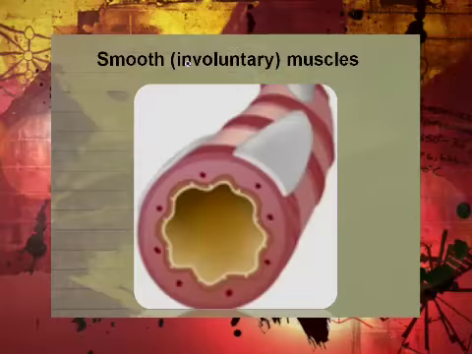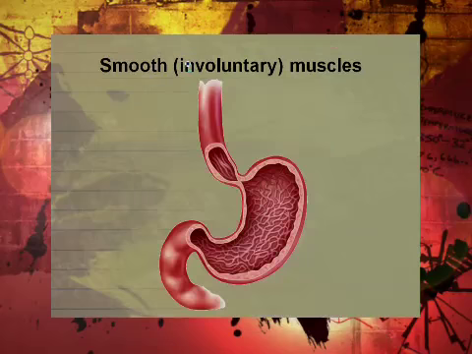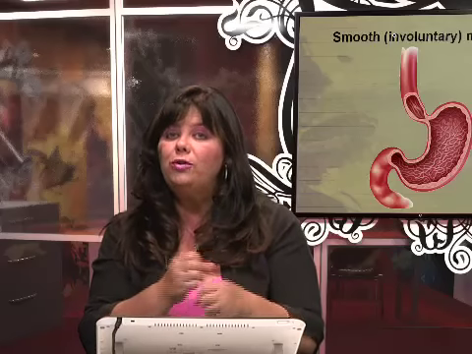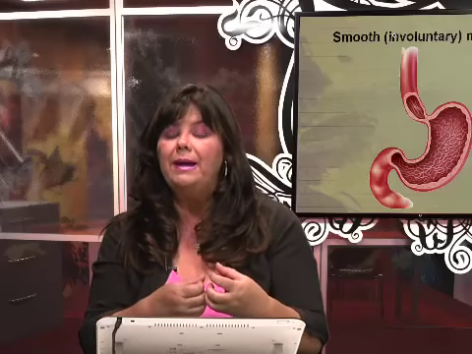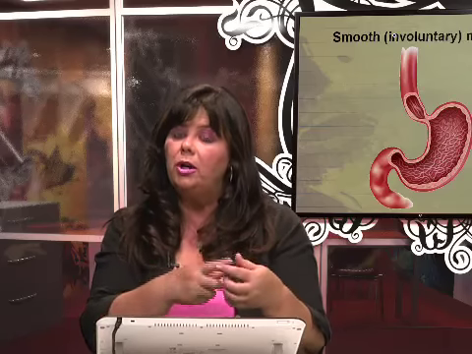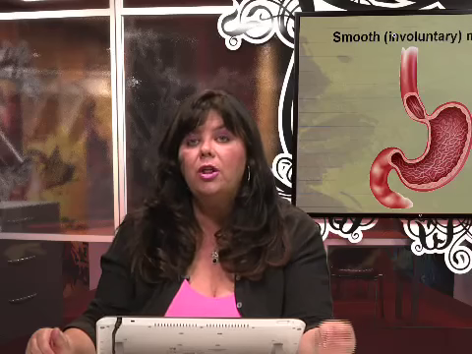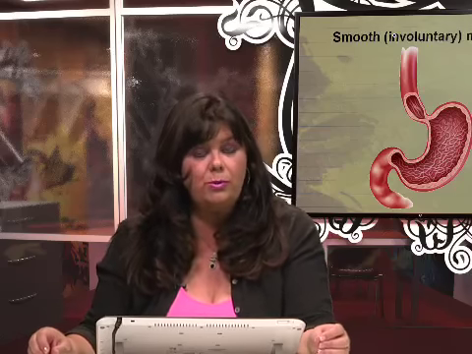And so if you look at a blood vessel, if you look at the muscles that are involved in pushing your food down your esophagus into your stomach, help your stomach to churn the food, mix the food up, and then pass the food along the small intestine for further digestion. Those are all smooth muscles